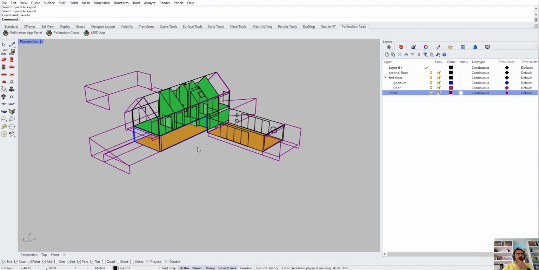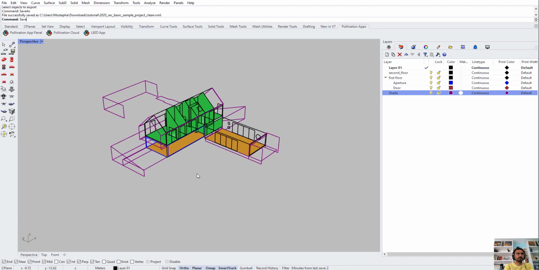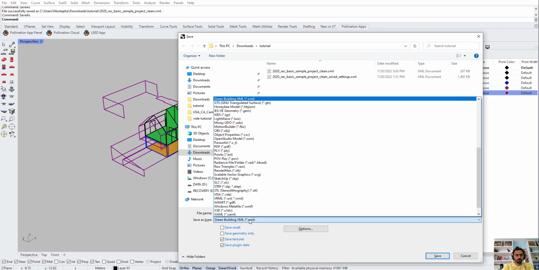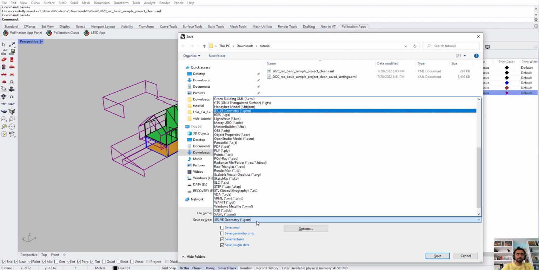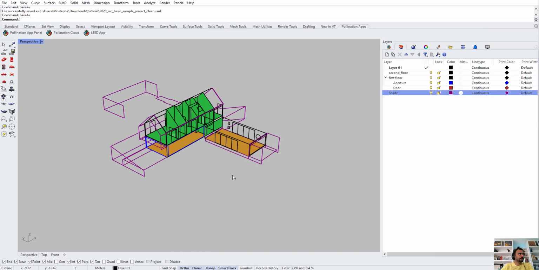So now we have saved GBXML, and then I'm going to save as, and here I'm going to select IES gem. Save it also as a gem file, and now I'm going to open it in IES and DesignBuilder